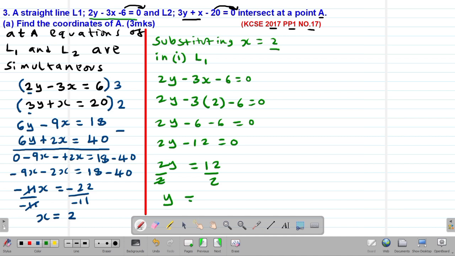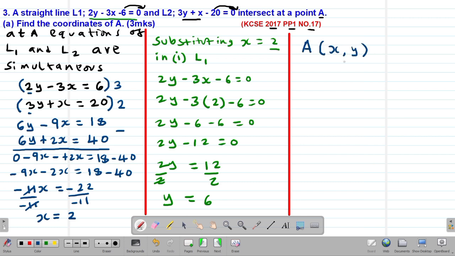Therefore, my value of y will be equal to 12 divided by 2, which will give me a positive 6. Remember, the question wanted us to find the coordinates for the point A. So because point A is the point of intersection, then we know that at the point of intersection, the two equations should be simultaneous. So we'll say that the point A will be represented by the coordinates of x,